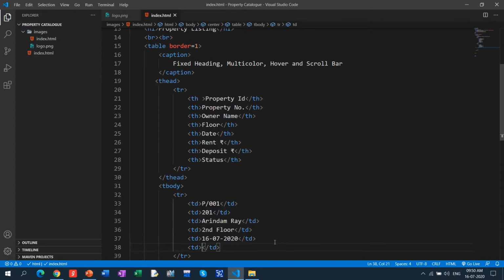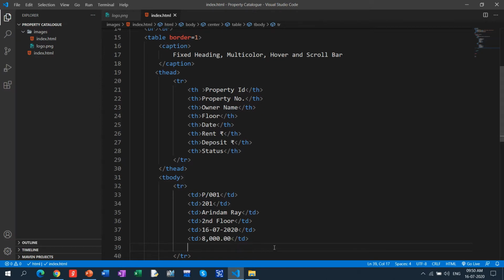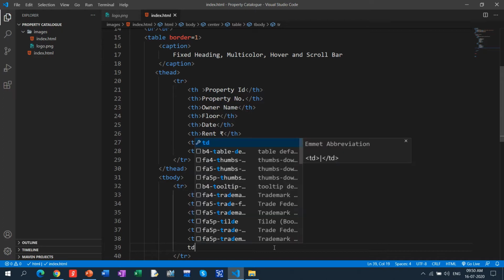Then again a rent amount, right? So I'm putting down the rent amount, say 8,000, 8 comma 000, that much. Okay, then put .00 also. Then after the rent is done, then for deposit again td.